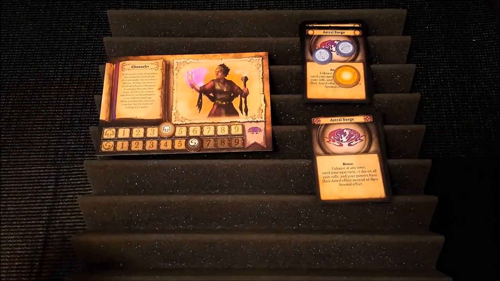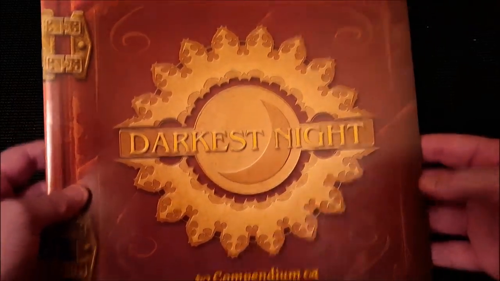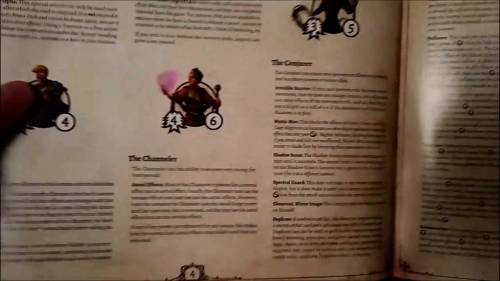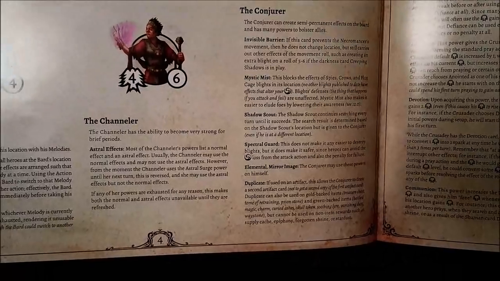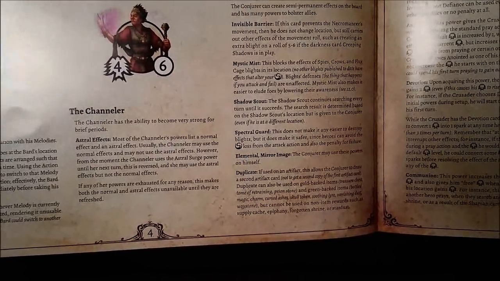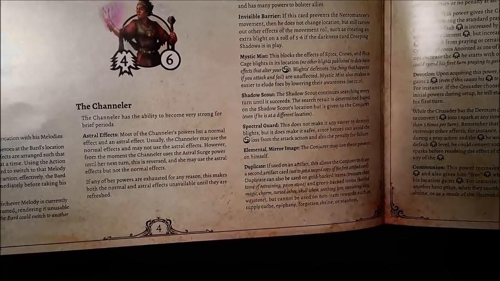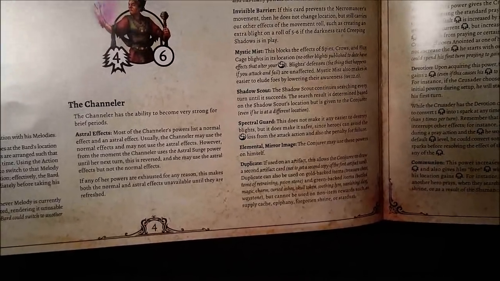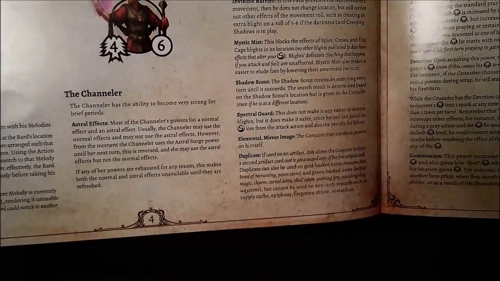I'll very quickly also show you the compendium. This is the compendium that you get with the 2nd edition, and it just gives you information on various heroes. So here's the channeler. The channeler has the ability to become very strong for brief periods. Astral effects. Most of the channeler's powers list a normal effect and an astral effect. Usually the channeler may use normal effects and may not use the astral effects. However, from the moment that the channeler uses the astral surge power until her next turn, this is reversed, and